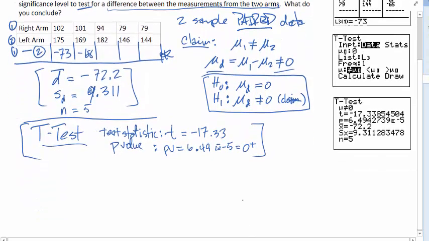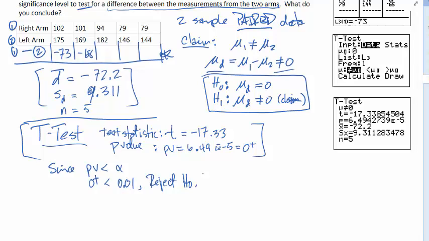Let's first make our decision. Since our p-value is what compared to alpha? Alpha is 0.01. Our p-value is a really small number, 0 plus, and then our alpha is 0.01. So our p-value is less than the significance level. We will reject the null hypothesis. Alright,